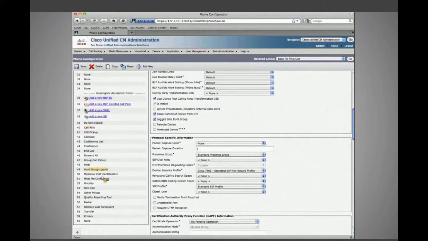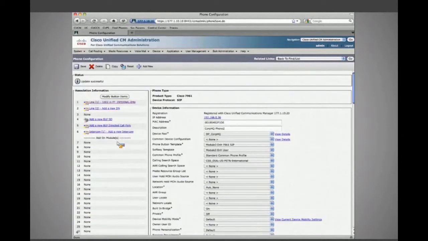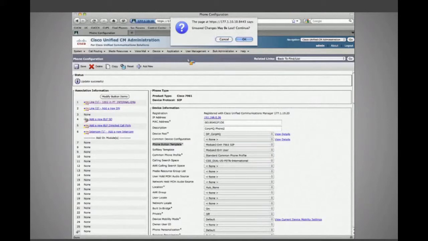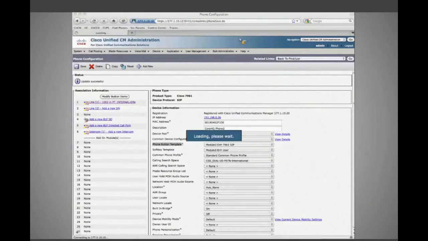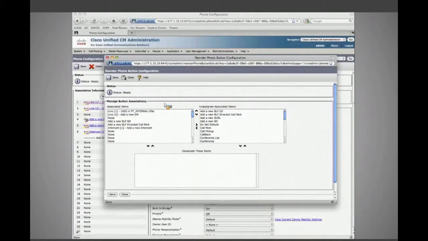These are possible things that we can do, like assign a do not disturb, or a call park, or hunt group logout, or any of these various features, a number of which we'll be taking a look at today. We can assign those to a button. We can do that either through the phone button template here, and we have one assigned from a previous lab, previous deep dive module, and that would of course happen for everyone that uses the template, or we can say modify button items, in which case we'll get a note that unsaved changes may be lost,